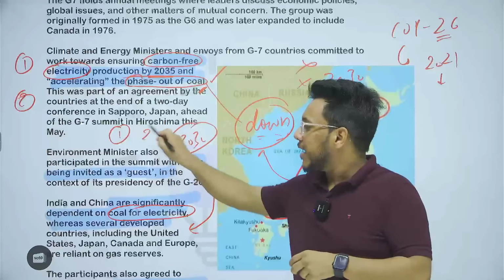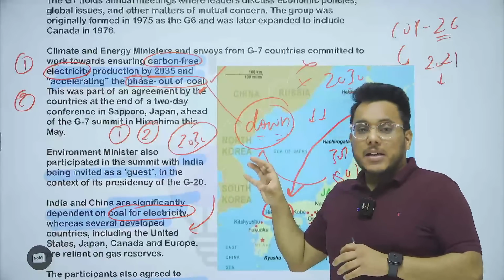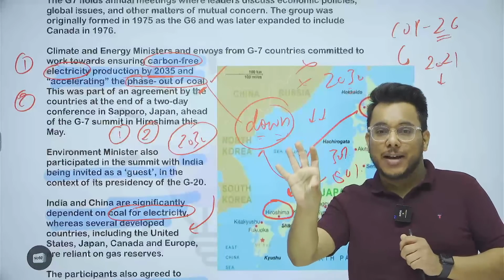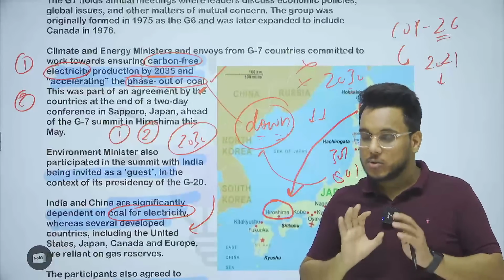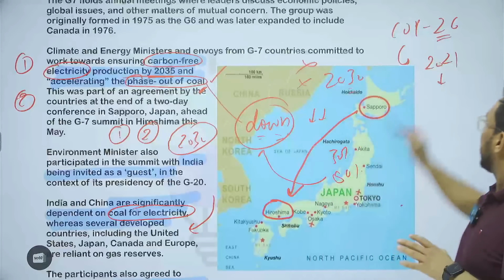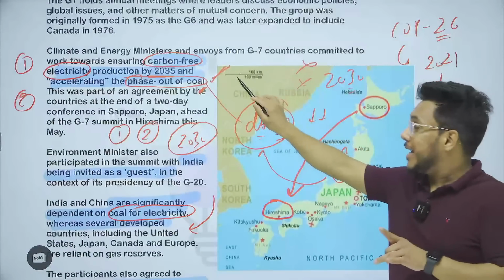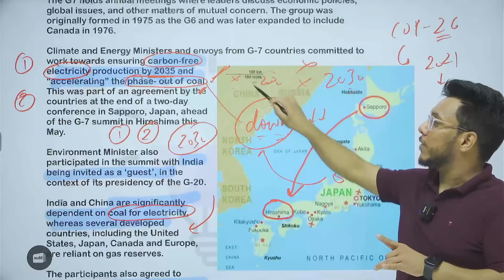Second thing that we are talking about here is what is actually happening. European countries are shifting to natural gas, and because they are shifting to natural gas, they are talking about the abandoning of coal. Okay, so this is not the way the thing should be done. So India has not supported the idea of complete phase out of coal. Moreover, India has also not supported a particular timeline, that is 2030, for phasing out the coal.